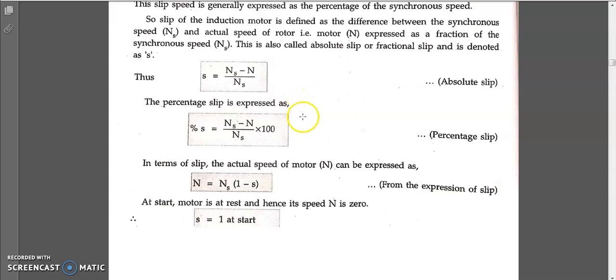Okay, one more thing. What if slip value is 0? So if I substitute slip value as 0, we can substitute 0 here. So cross multiply. So it becomes 0. So finally ns minus n equal to 0. So it will be ns equal to n. So is it possible? Ns equal to n? No, it is not possible for our case, that is induction motor case. So synchronous speed is never equal to rotor speed. So slip can't be 0. Okay, slip can't be 0. So remember, slip parameter will only come with respect to induction motor and not with a synchronous motor.